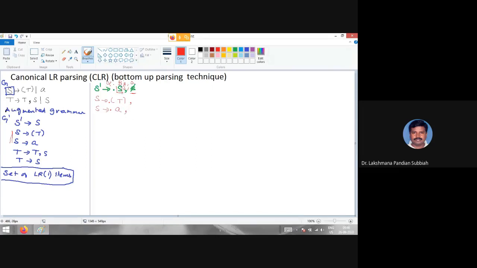You have to consider this format alpha dot B beta comma a. The lookahead is nothing but first of beta a, first of beta concatenated with a. Now you join these two, beta and a. Which one is first? Here beta is empty, so the first is dollar only. So here you have to put dollar only.